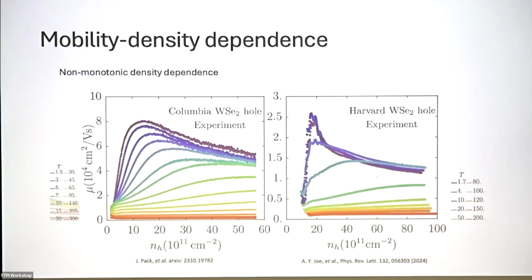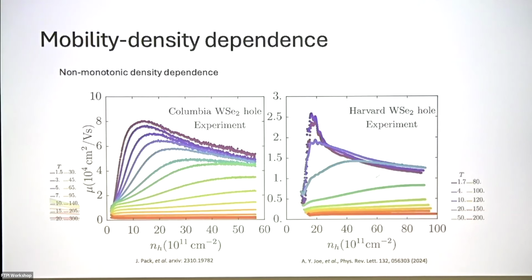So one natural question is, if there's no surface roughness, then what limits the mobility of TMD materials at high density? What's the reason that this material has a saturation mobility? I will explain this in my talk.